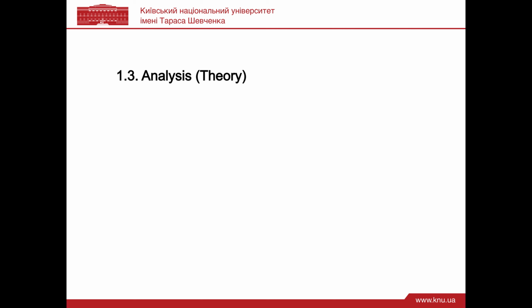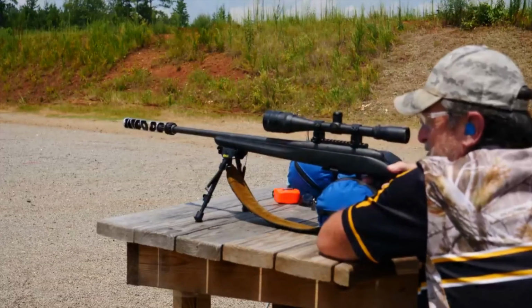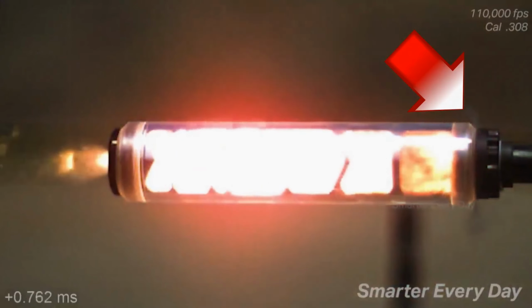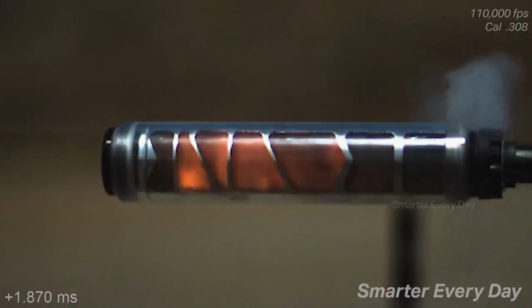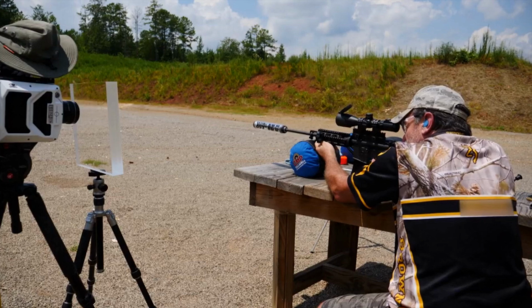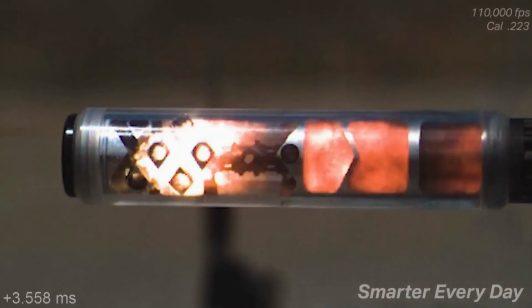It is evident that the suppressor affects the gases that escape behind the bullet. This process is described by gas dynamics. However, gas dynamics are quite complex, and the processes occurring in the suppressor usually start in supersonic flow and end in subsonic flow. At the same time, shock waves are reflected, and when these waves hit the suppressor walls,